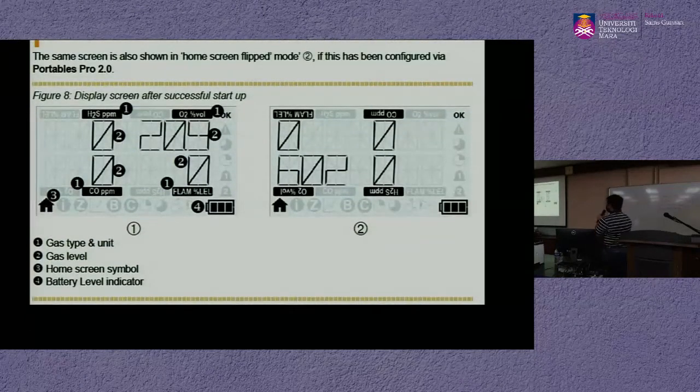So the types of displays on the screen: number 1 is our gas type and unit, which we can see. Number 2 is the gas levels for each of our gases. Home screen symbols, which is number 3 here, and the battery level indicator. So this is the main screen. So usually once we have started,